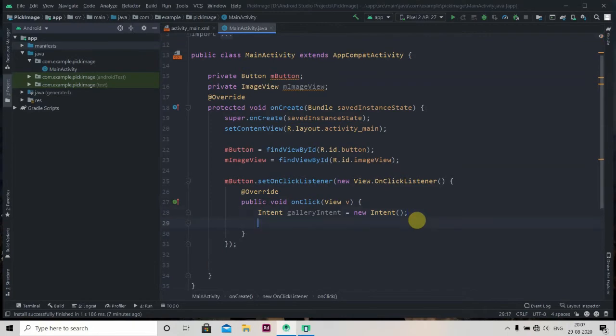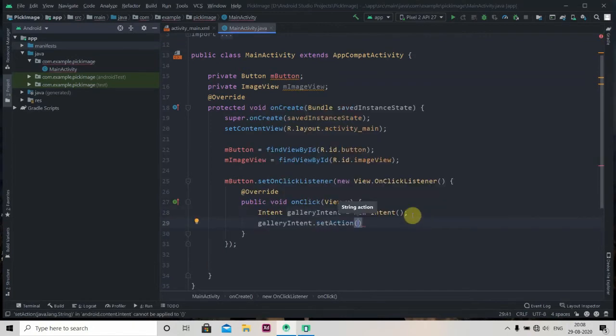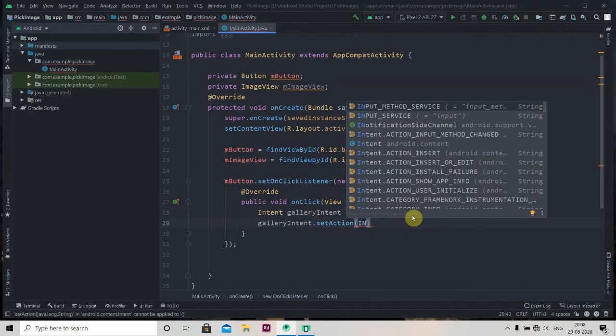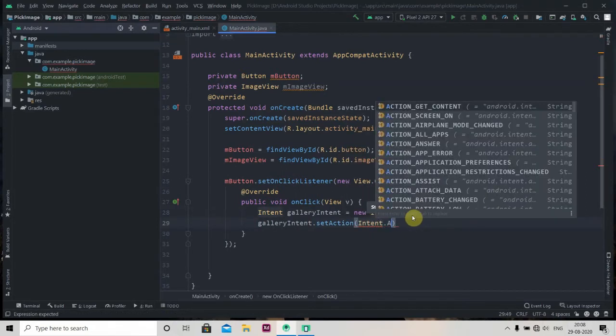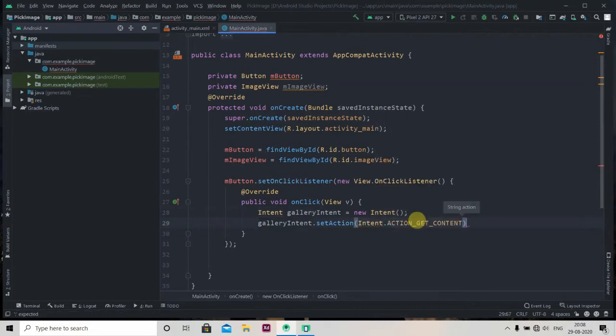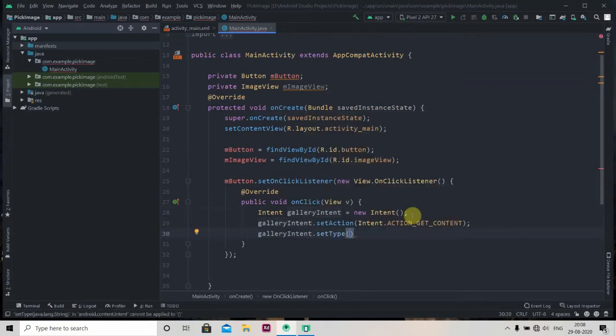So now galleryIntent.setAction, and here we have to pass Intent.ACTION_GET_CONTENT. And one more thing, galleryIntent.setType, what kind of files it will take. So that will be of image, all image.